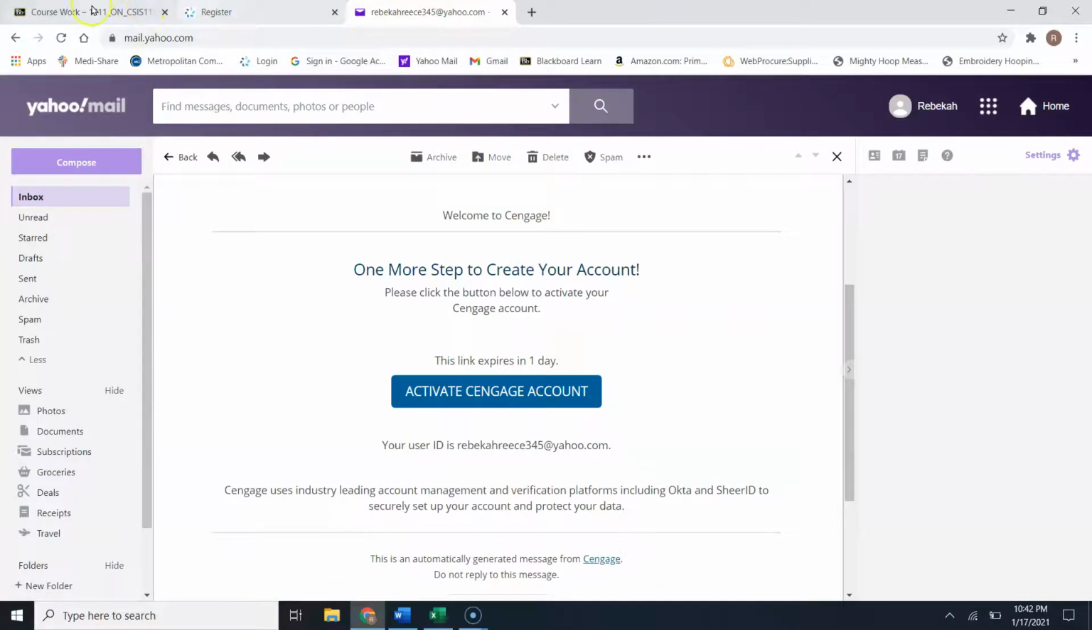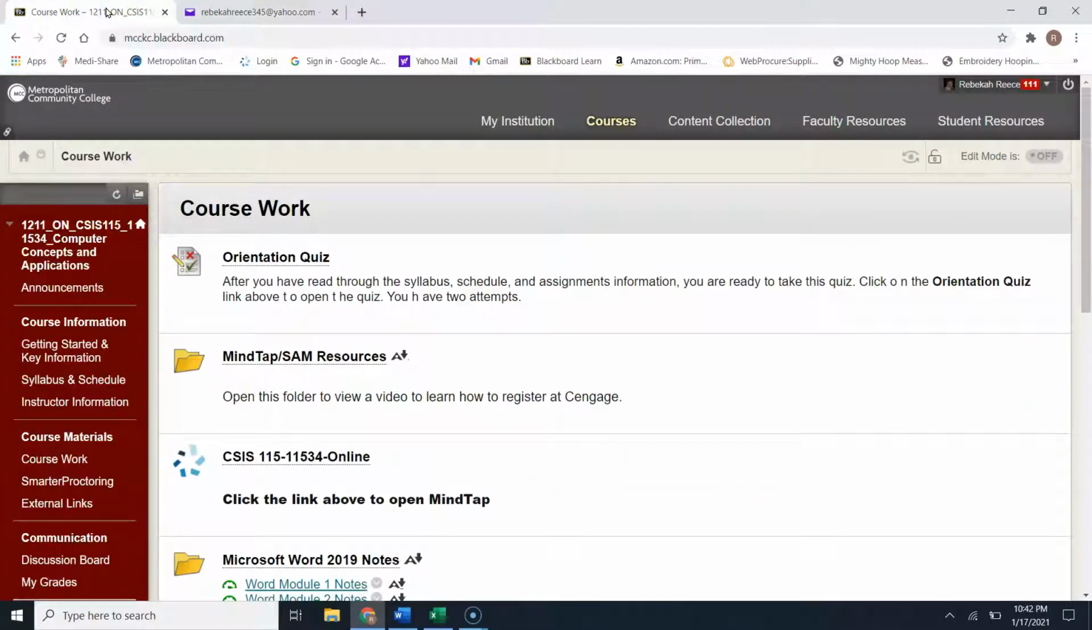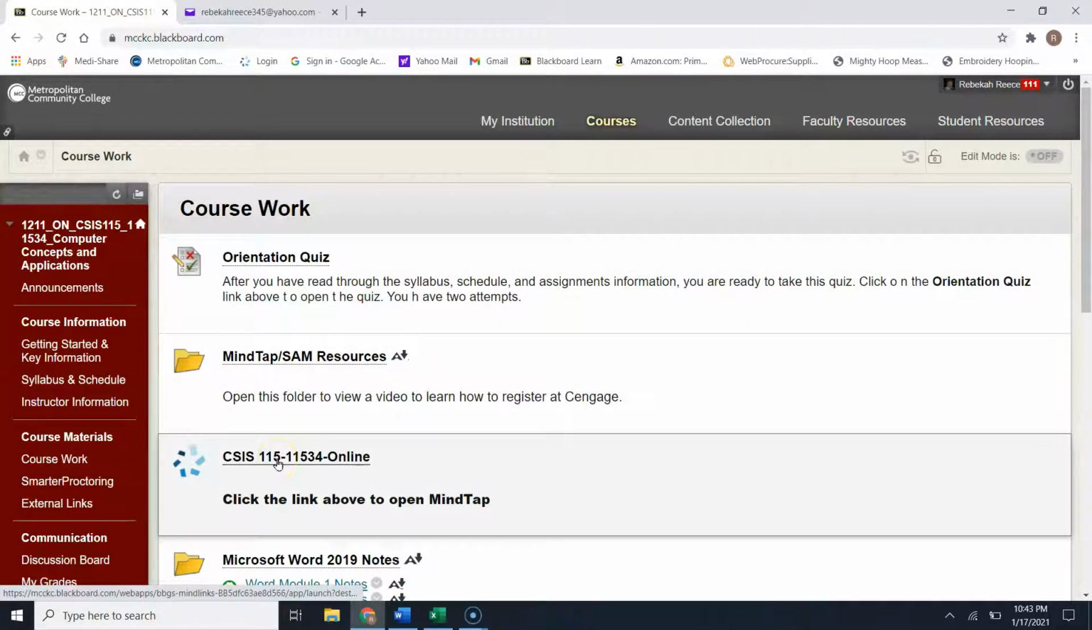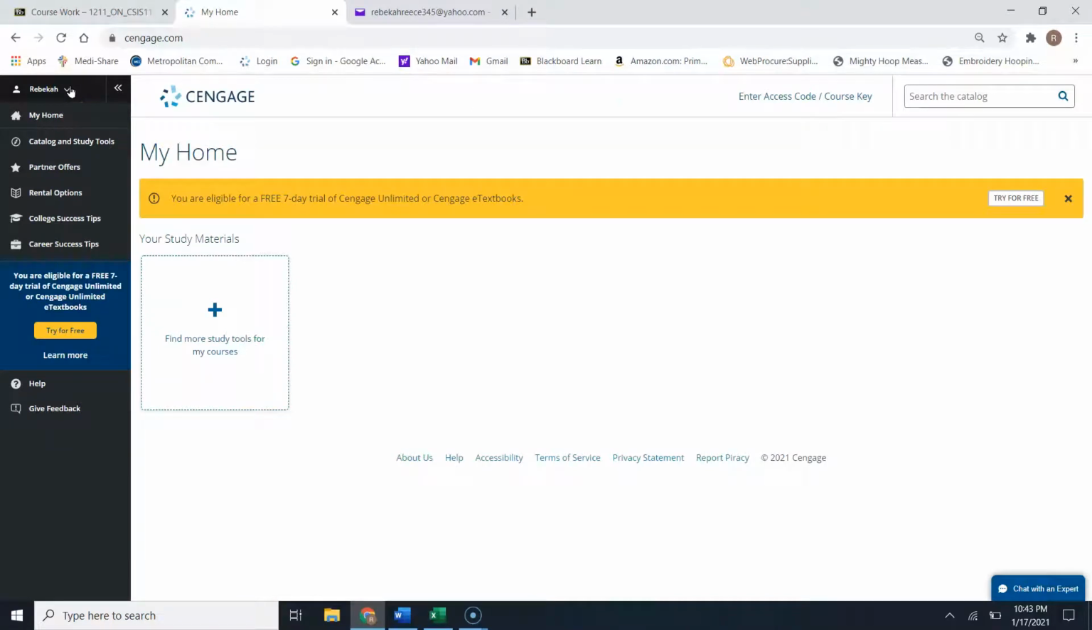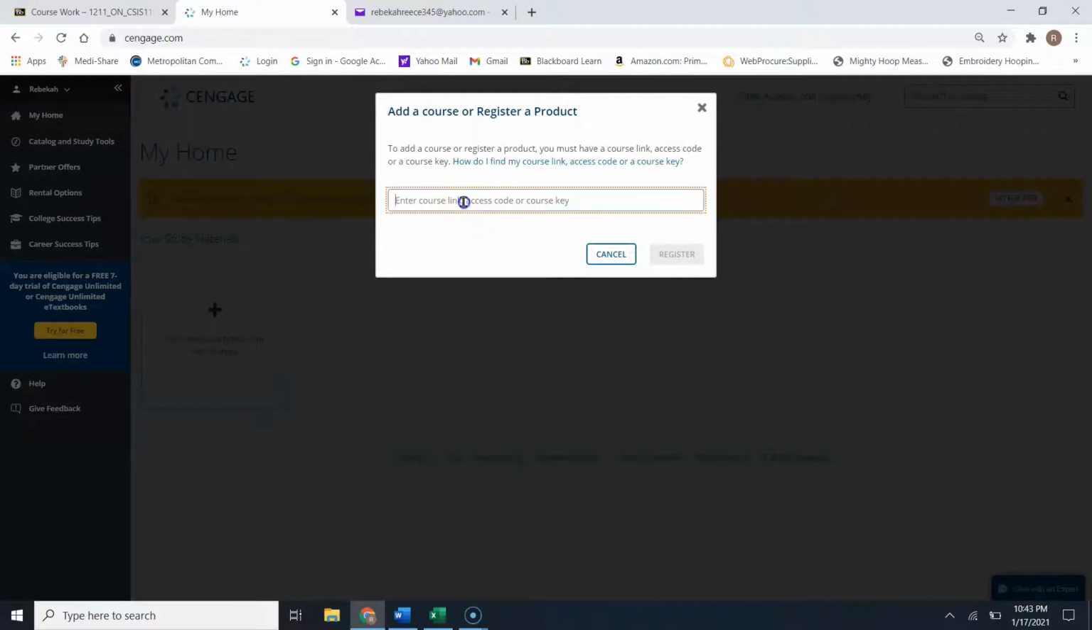Okay, so let me go back to our Blackboard account. So when we're in our Blackboard screen, now that you're registered, if you're not in coursework, you'll of course click on the coursework link and then click on the CSIS 115. What you will need to do is, once you have your access code, you will need to click up here where it says enter access code, and then you will just type in your access code here,